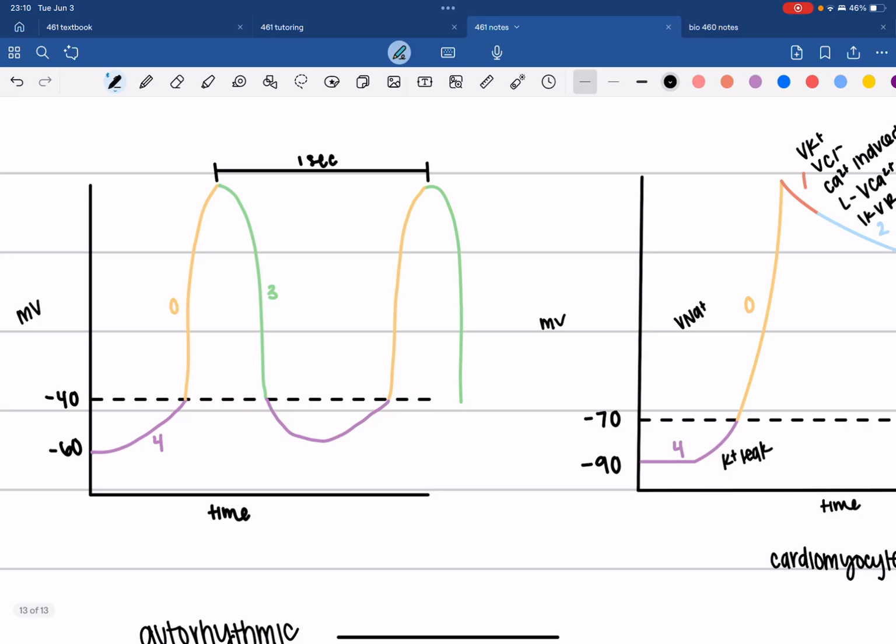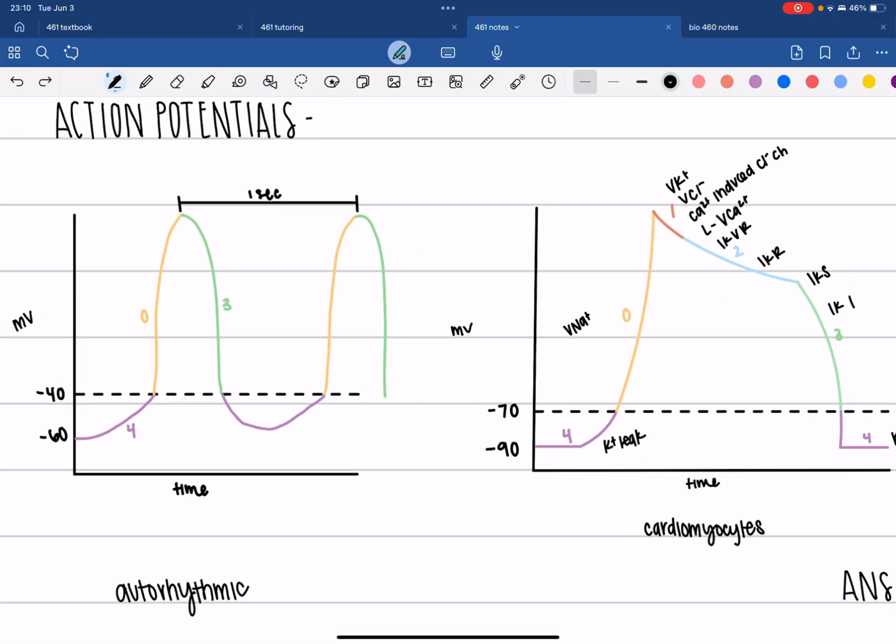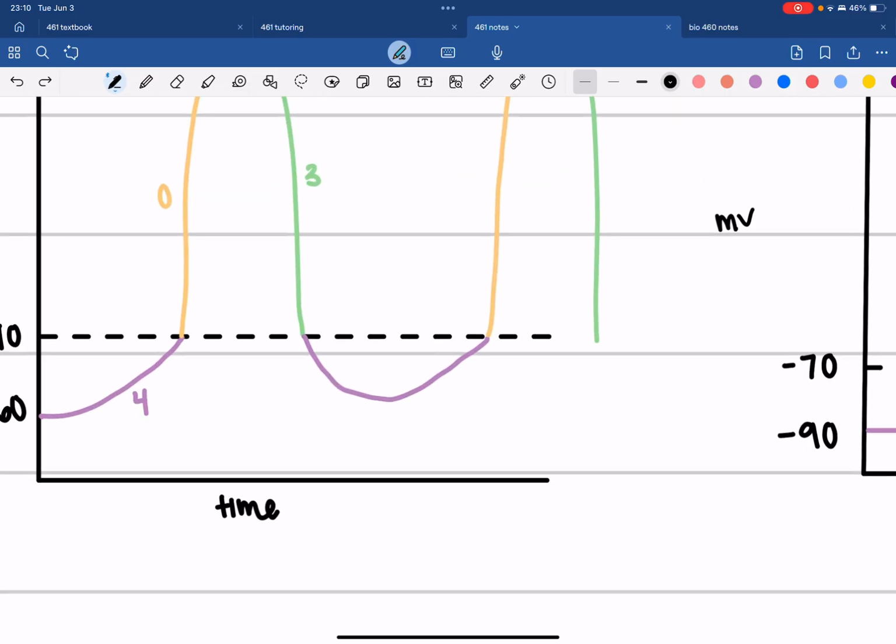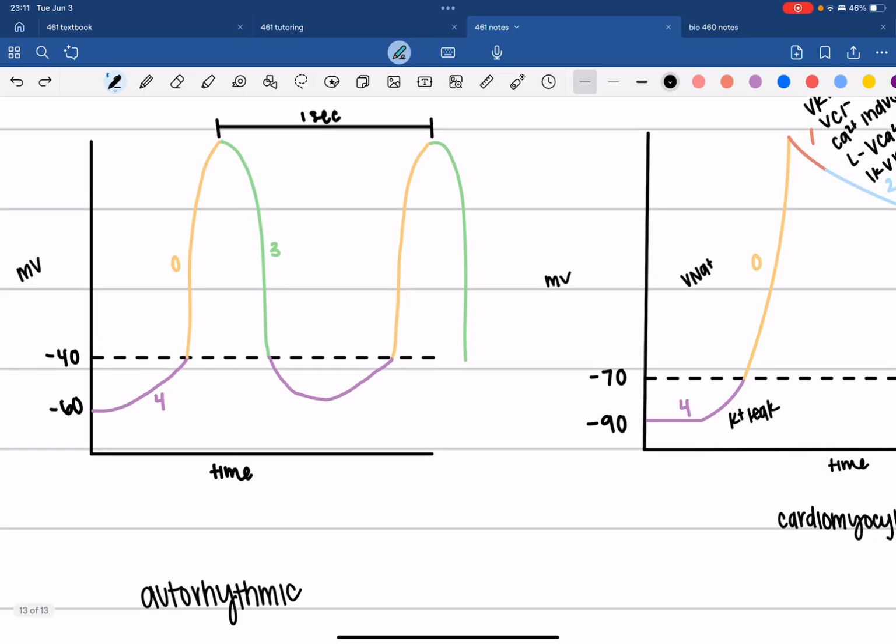And we have something different that happens here. What we've always seen with our skeletal and now our cardiac muscle is that at threshold, what opens is our voltage-gated sodium channels. Here, to translate this over, we still have those same phases. So phase 4 is below threshold, phase 0 is when we're depolarizing, phase 3 is when we're repolarizing. We just lose phase 1 and 2. That's why it goes in a little funky of an order. But here, what we see is something different.